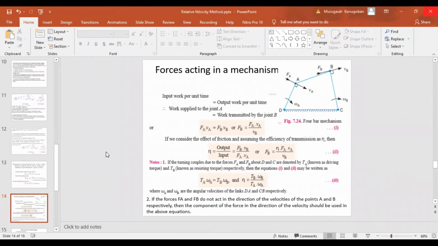Forces acting in a mechanism. We'll take an example of a 4-bar mechanism. We have links DA, AB, BC, and DC. Here DC is a fixed link,